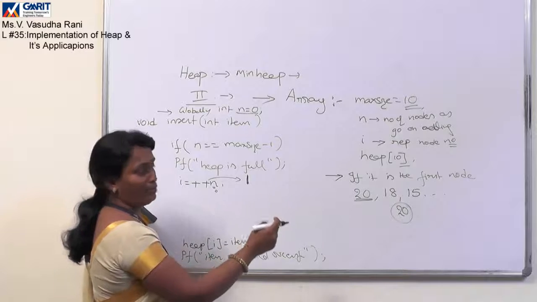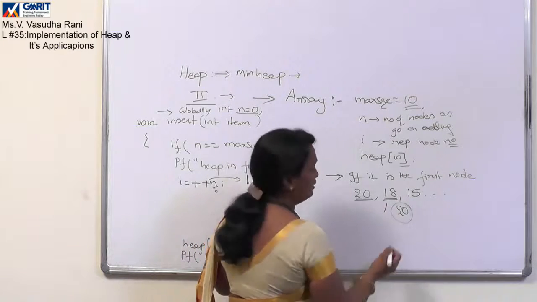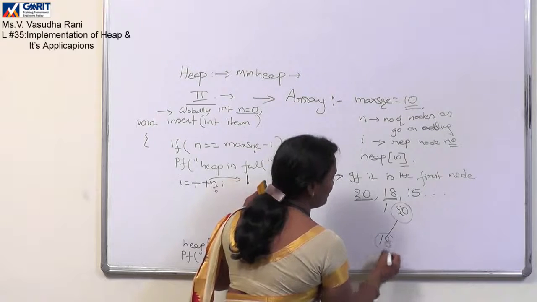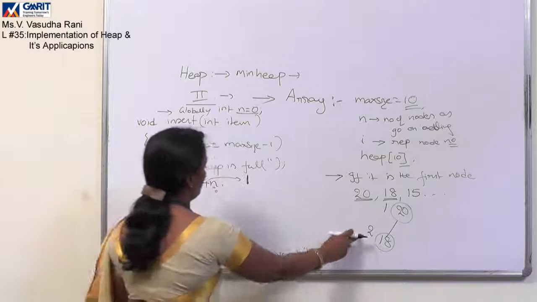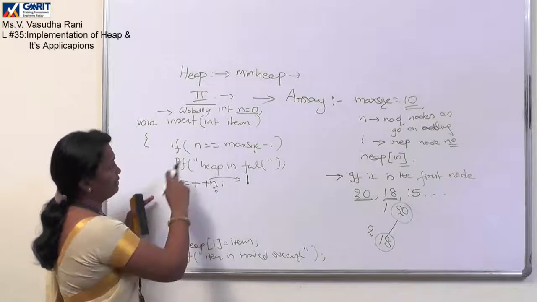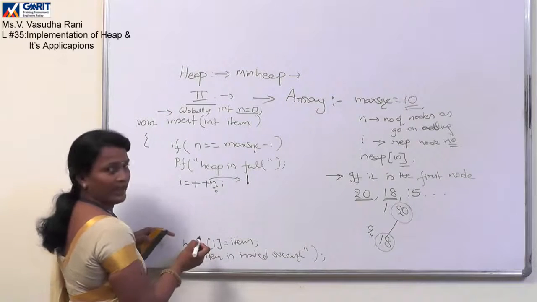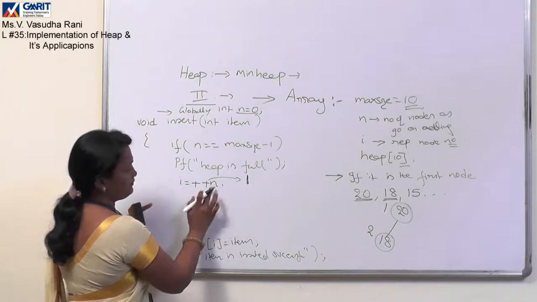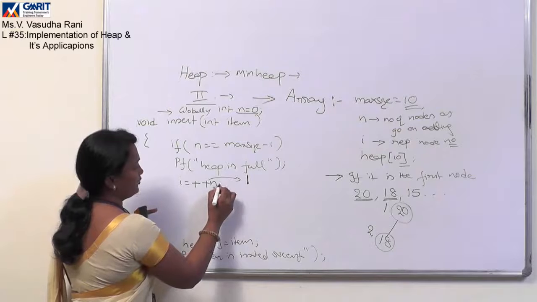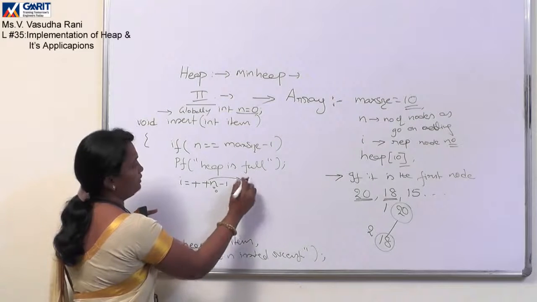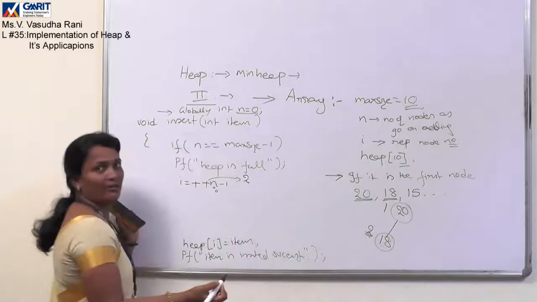Then if it is the second node, if 18 is the second node and 20 is numbered at 1, 18 will come to its left, at position 2. Now the second time the same method is called, one item is already added, so in the second iteration n is 1, now n will become 2 and i will be 2. i will be 2, the second item we have to add.